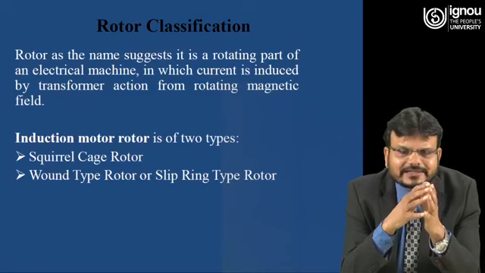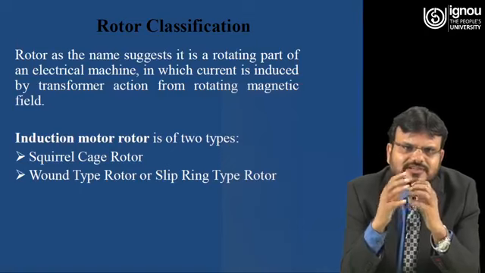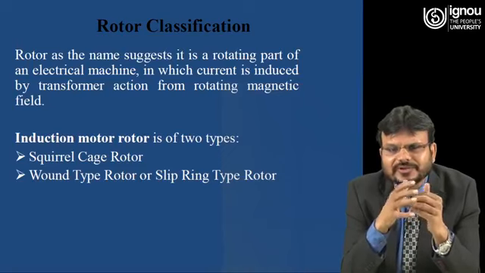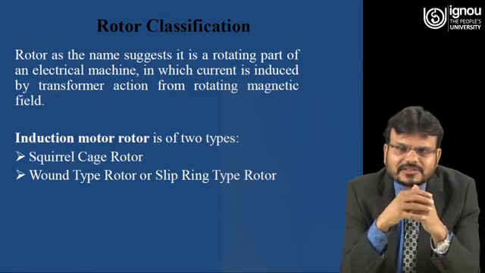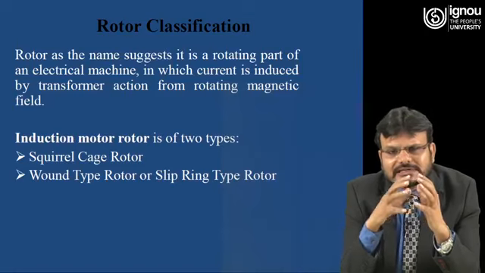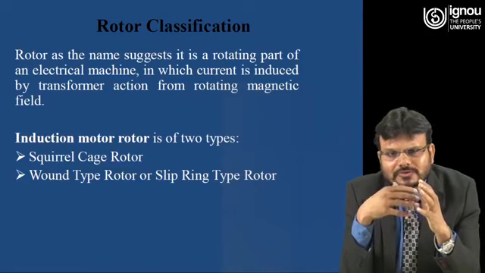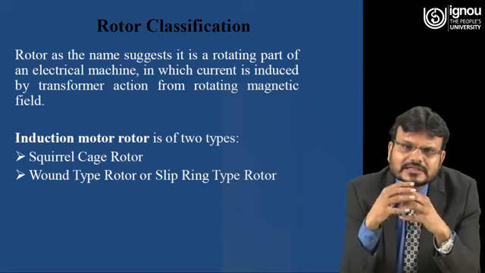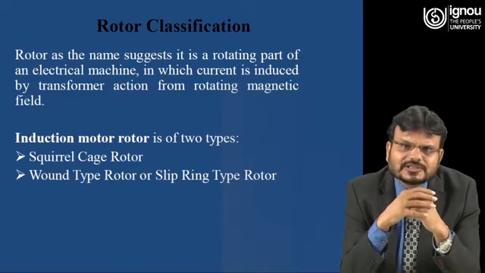As the name indicates, one rotor is of the squirrel cage type. That means it looks like a squirrel cage, that's why it is called squirrel cage rotor. And the second one is the wound type rotor or slip ring, where slip rings are used in this type of rotor, that's why it is called slip ring. What is the function of this slip ring? By the slip ring you can insert external resistance in the rotor. If you are able to insert external resistance in the motor, you can increase the starting torque. At the same time you can also control the speed of the three-phase induction motor.